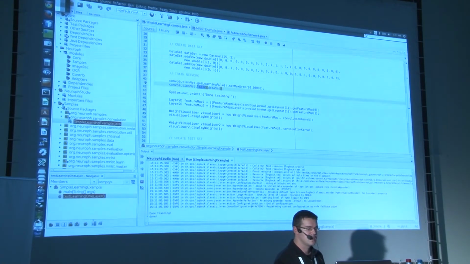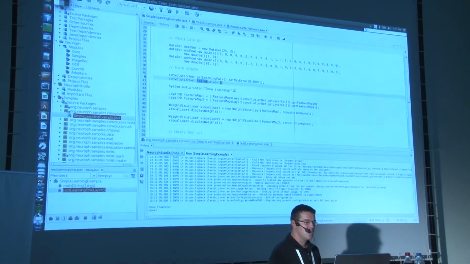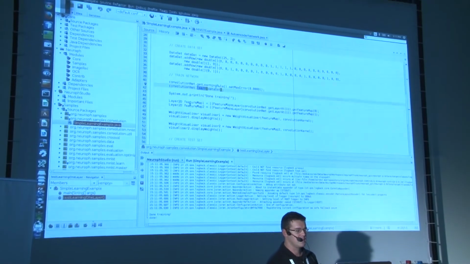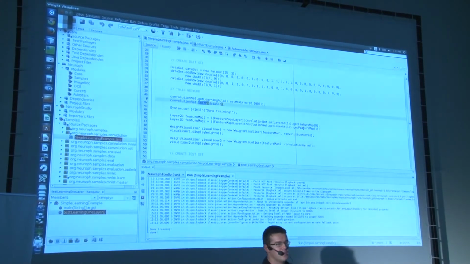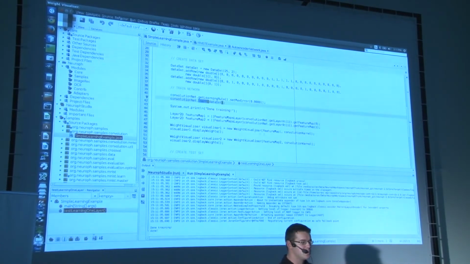Now, after it has finished training, we took those 2 feature maps layers here. Okay, these are 2-dimensional layers. There is a class in Neuroph called Layer. It is a layer of neurons, and there is also Layer2D. It's a 2-dimensional layer of neurons. We took those 2 layers and put them into the weight visualizer.